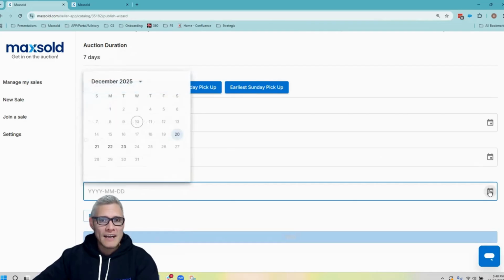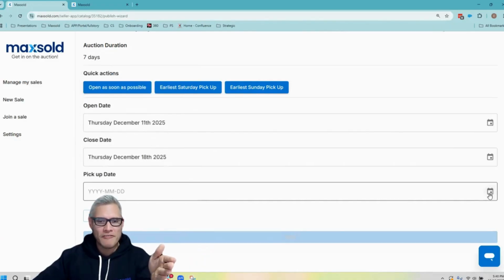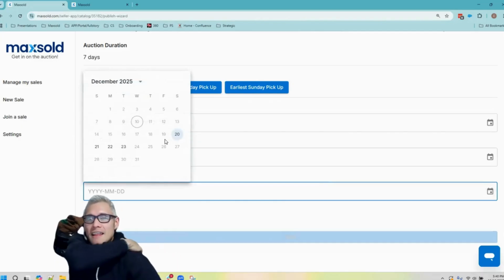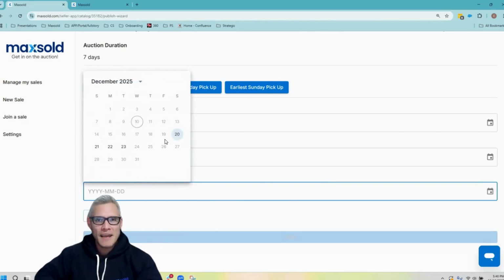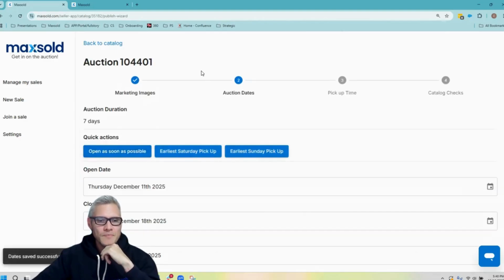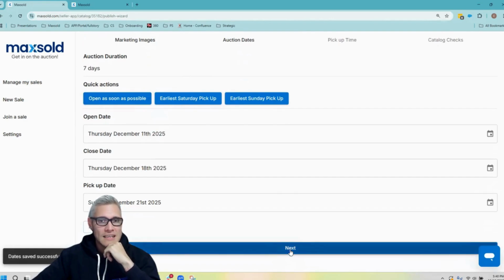We do require a day in the middle from the closing and the pickup. So since my closing is done on Thursday, we require Friday to ensure everyone has paid. Essentially, this is the time if there's any unpaid, we would reach out to them and make sure that they have paid. So the first day available is Saturday. All right, then you're gonna click next